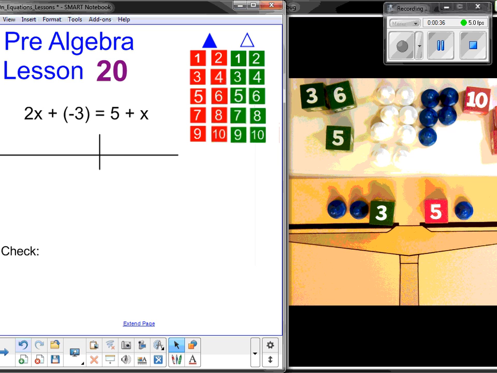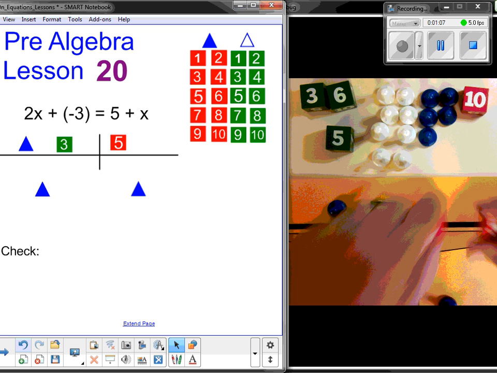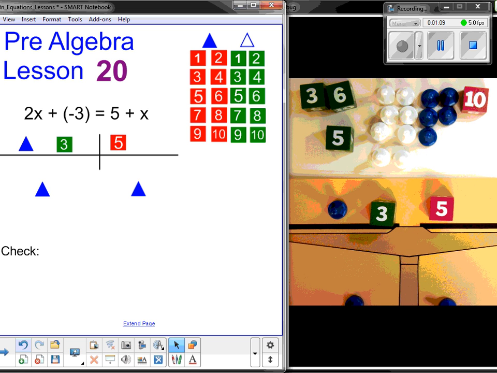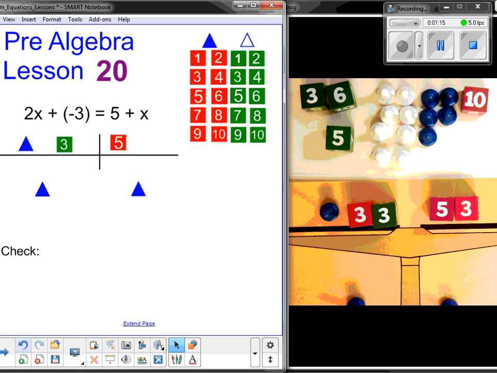So if I'm looking at that here, I can see those blue triangles pop up there. So what I'm going to do first in this case is deal with the pawns because they're the parts that are the same, and then deal with the non-parts later. So the first thing we're going to do is remove a blue pawn or an x from both sides. Now, I've got to get rid of that green 3 with the x. The way to get rid of a green 3 is to have a red 3 that I can add to both sides. So if I add a red 3 to both sides on both screens,